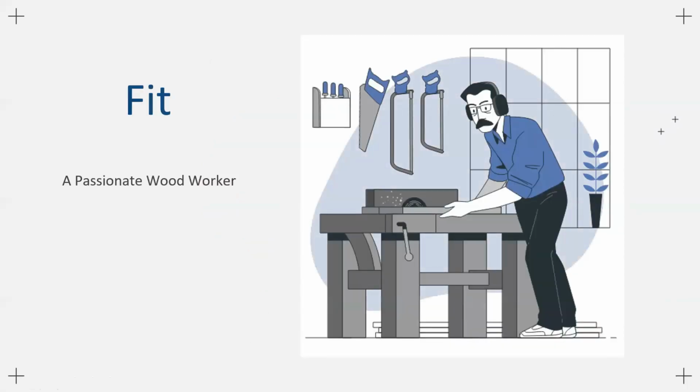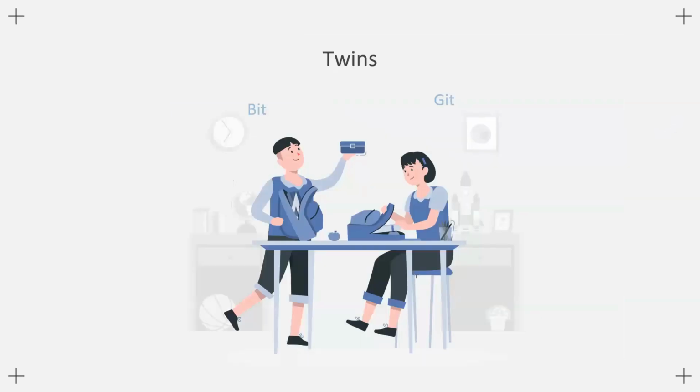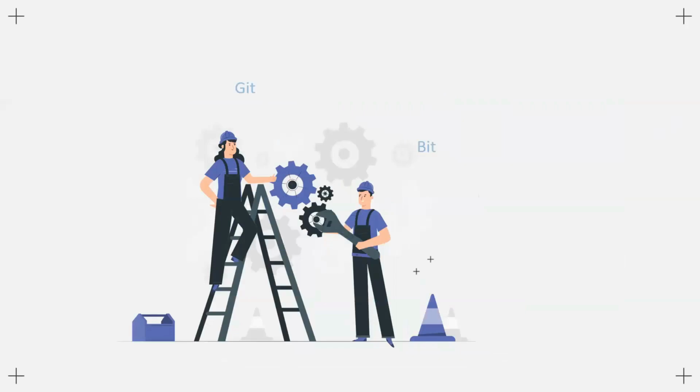So Fit is a carpenter and he's a passionate woodworker. He loves to prepare anything using wood, whether it is cupboards, chairs, anything. He has his twin children, Bit and Git, who also always loved their father's work. They are right now in the first year of engineering and they want to explore new tools. So one day when they went with their father to fix some nuts and bolts at their client's place, they found something interesting, or you can say disgusting, because they didn't really like the tool.